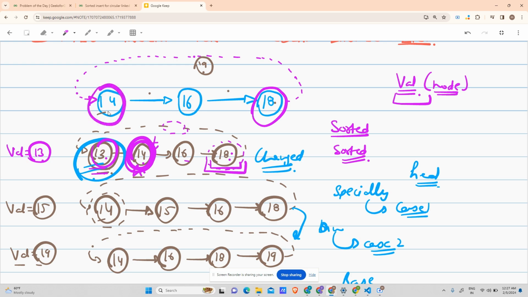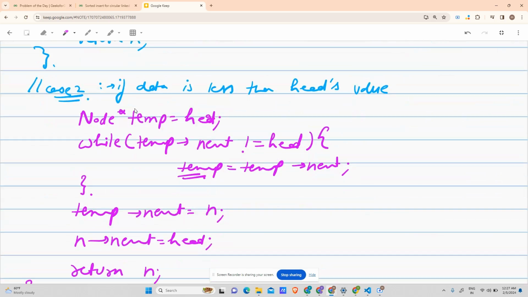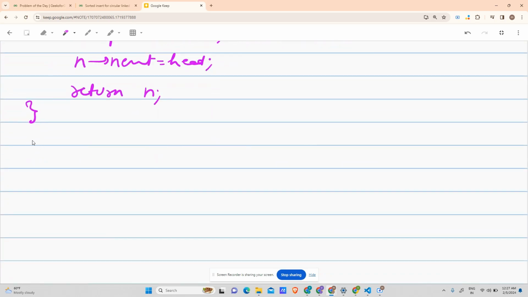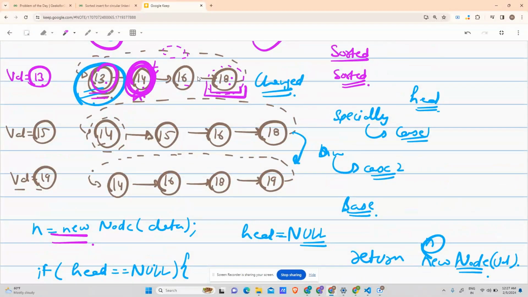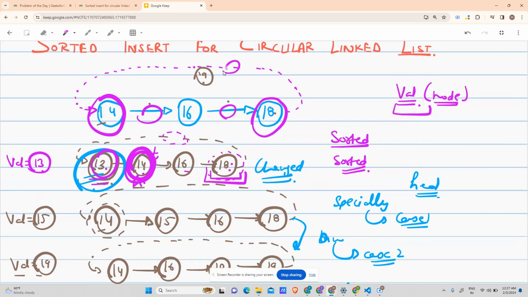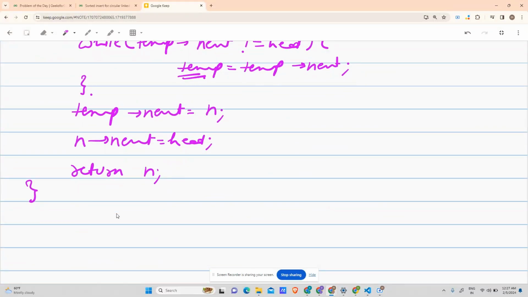So I use it as a differentiating factor for traversing. That is, temp's next is not equal to head. All right. Now for the remaining two cases, which were either inserting in the middle or at the last position, I will be treating them the same. How? So let's begin our